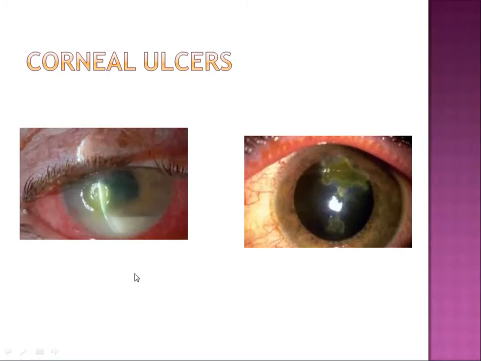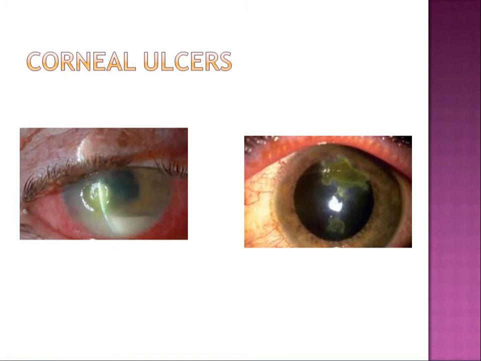Now, corneal ulcers, you have learnt in detail, you have been taught about it. I'll not go into the details of the corneal ulcer, but the picture will help you in diagnosing what type of corneal ulcer it is. It could be a viral ulcer with a dendritic pattern, or it could be a bacterial ulcer, and you can see a hypopyon. In fungal ulcers, you'll see a dry ulcer with rolled out edges, and you will see feathery margins and satellite lesions. So all these findings help us to diagnose the condition.